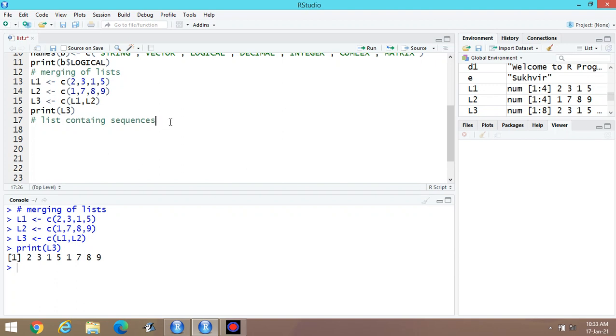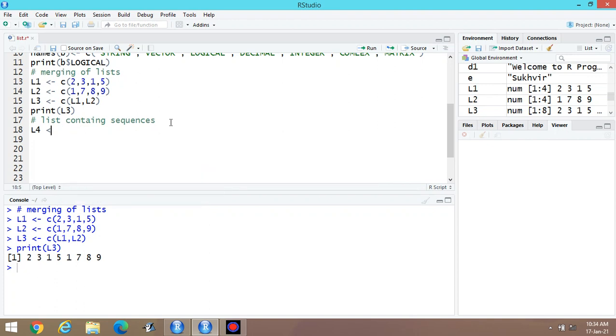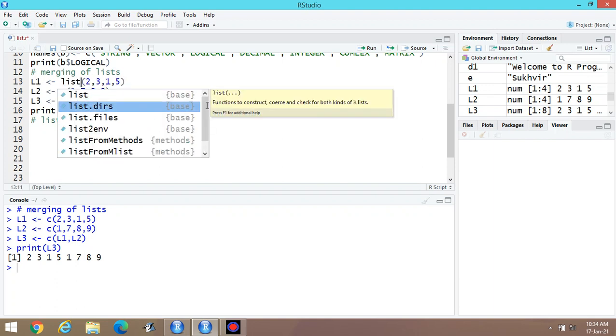Then list containing sequence. Suppose L4 is the list. Okay, one thing is pending. I am creating vector here. I have to write list.